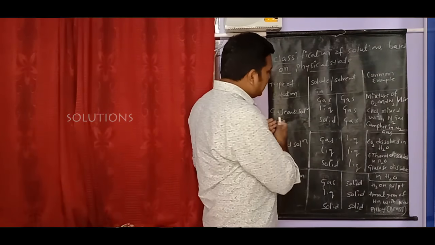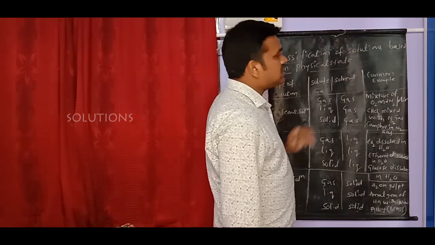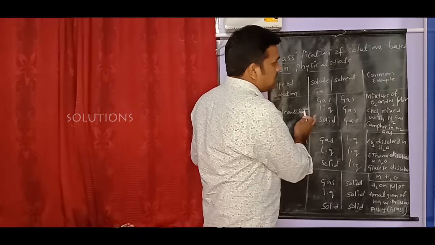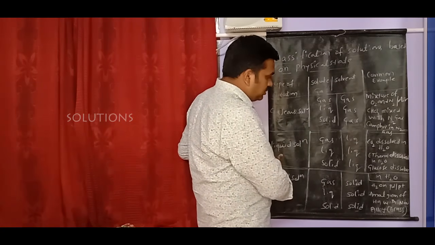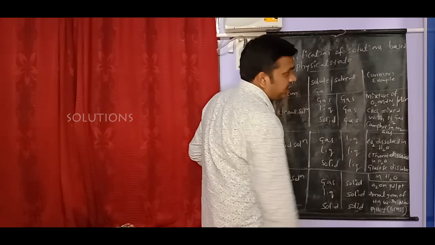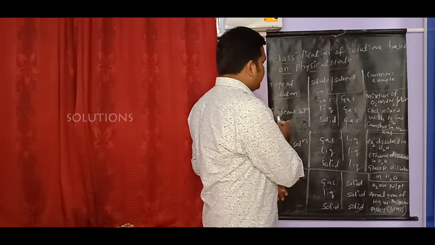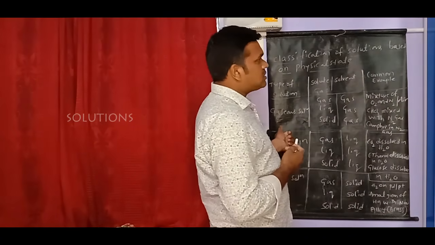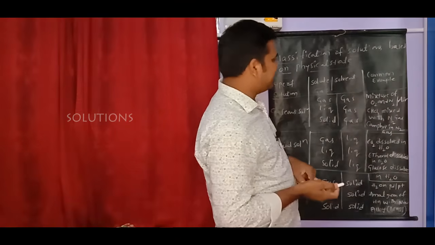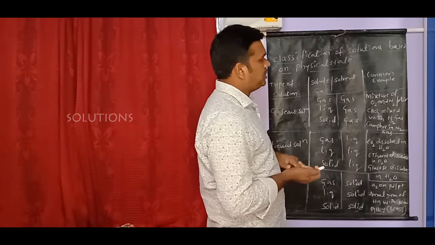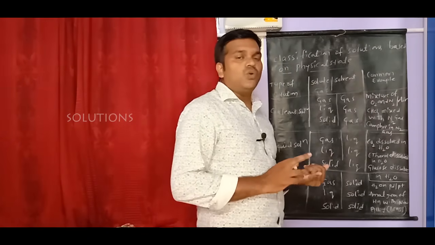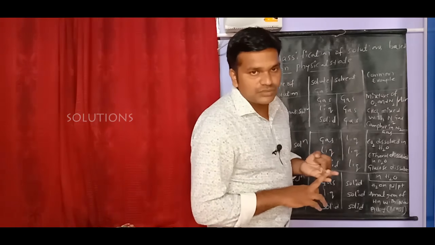First, the gaseous solution. In a gaseous solution the solvent is gas, but the solute can be in three different physical states: gas, liquid, solid. In a liquid solution, the solvent is liquid only. In a solid solution, the solvent is solid. The first one is gaseous solutions: here solute is gas and solvent is gas. If both are gases, that solution is called a gaseous solution. An example is a mixture of O2 and N2, where O2 is in the gaseous state and N2 is also in the gaseous state.